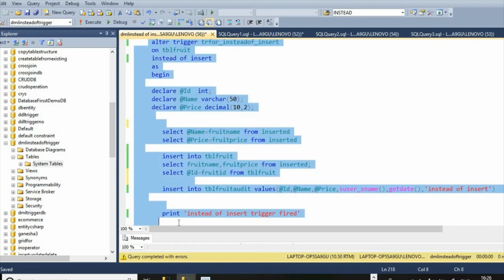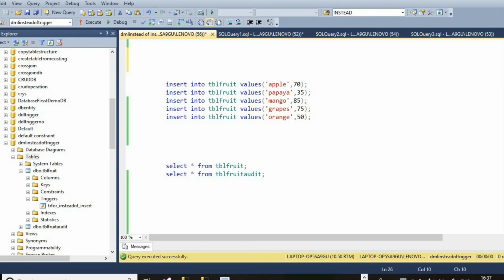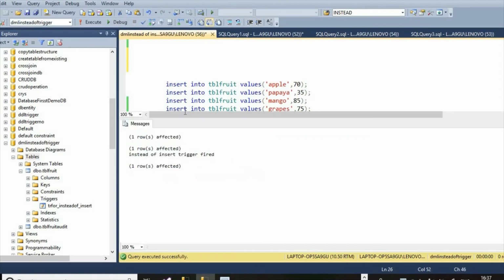Now we execute this. Now if we try to insert record, we can see one row affected, instead of insert trigger fired, and one row affected.